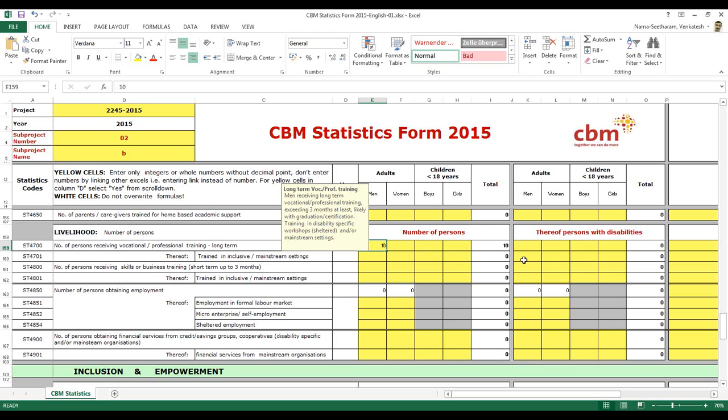What we understood from the livelihood advisors is that this is what actually happens in the field, so that it will be easy for the partners who will be filling in to report it. So this is education.